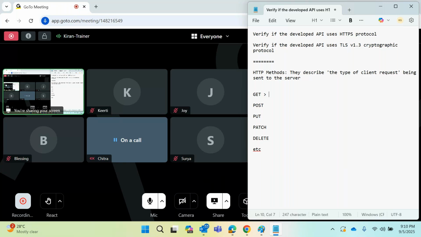Meaning, get is used to read existing data which is present on the database. So it is used to read or fetch the existing data from the server. The server already has the data. The client says, I just want to read it. So in that case, the request will be a get method. Examples of get method include,